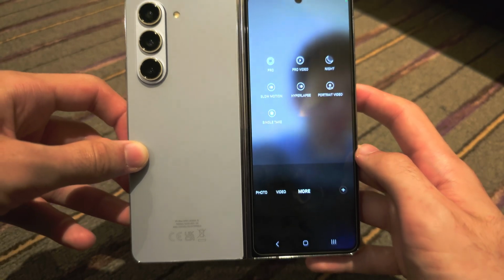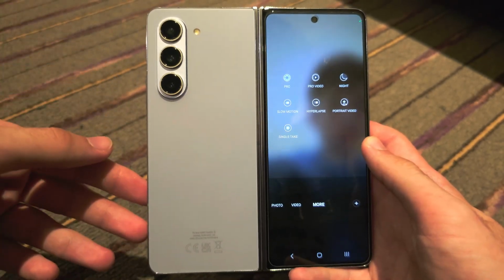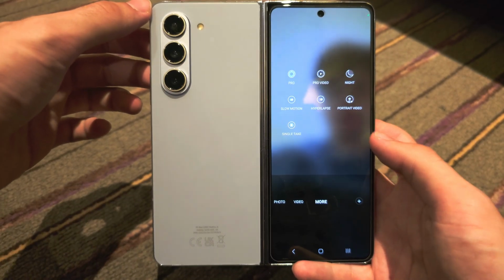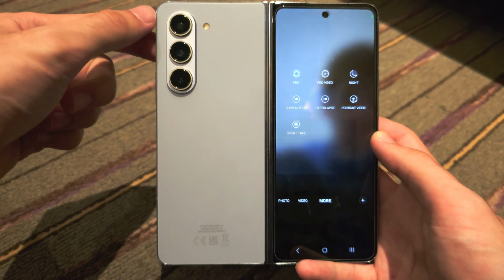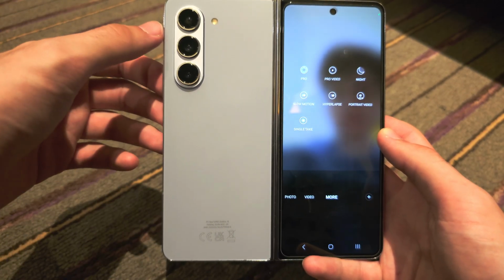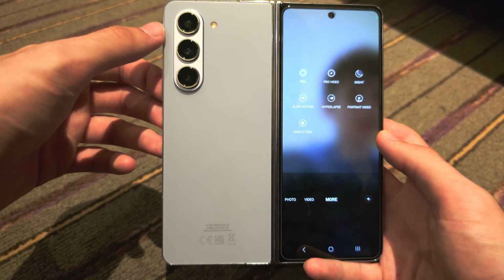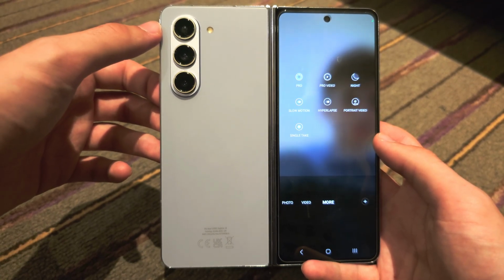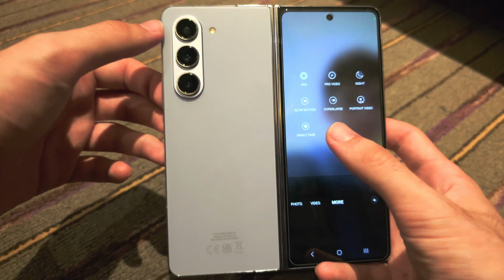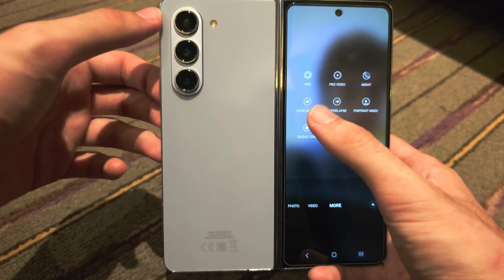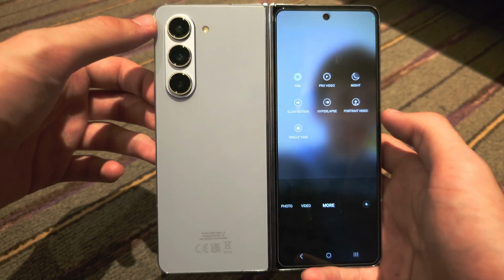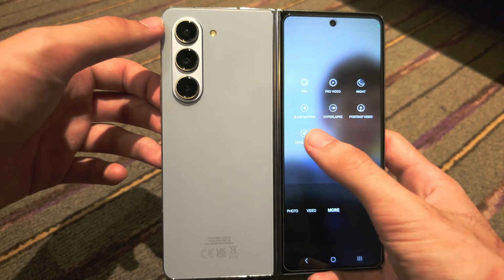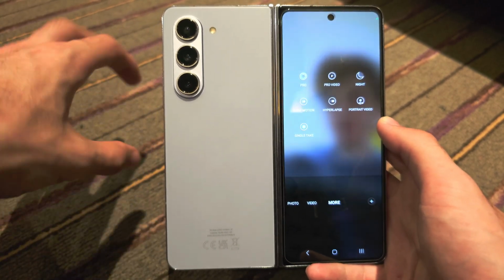If I swipe across them all here, these are just extra modes you can play with. Night mode will turn on by default on the camera app without having to tap on night if, you know, the phone recommends a night photo. And in that case you just have to hold the phone still for a couple of seconds while the night mode is being taken. And these are just advanced modes: slow motion, time lapse. Portrait video is that portrait photo mode but for video, and single take will just take photos and videos